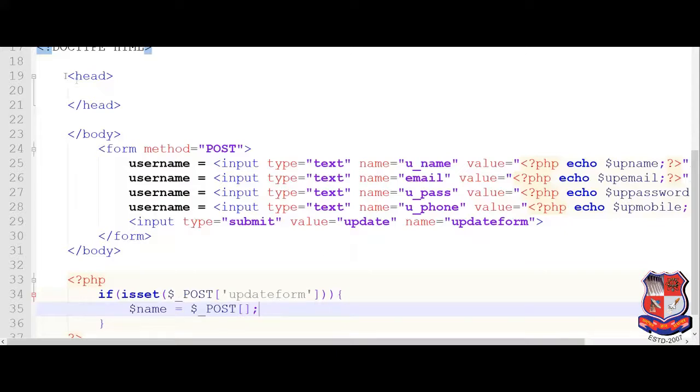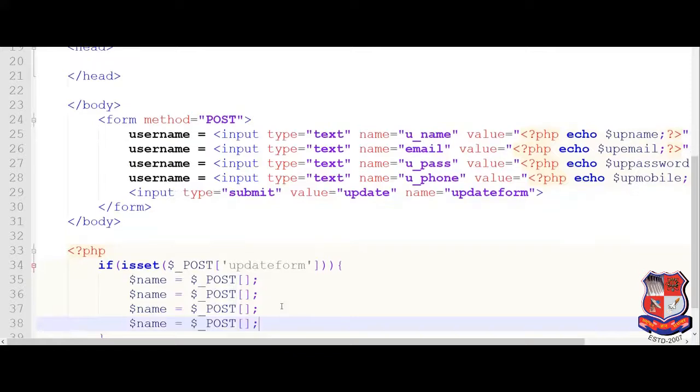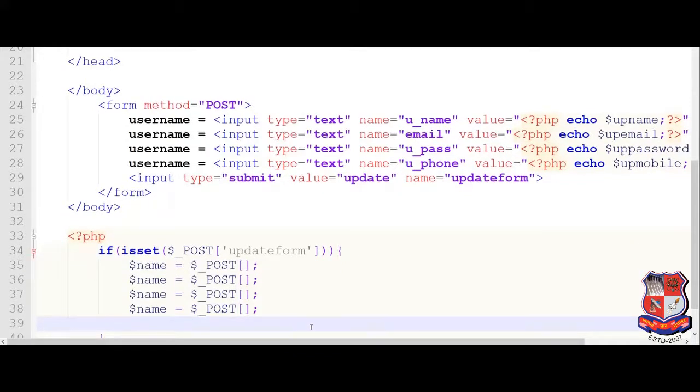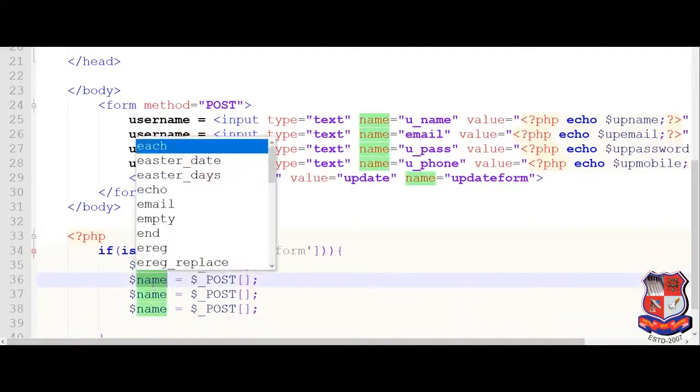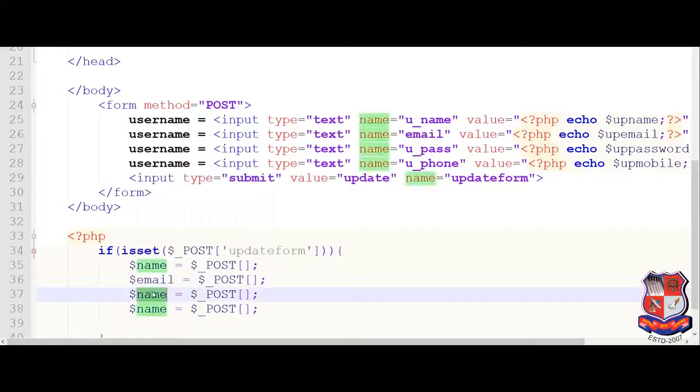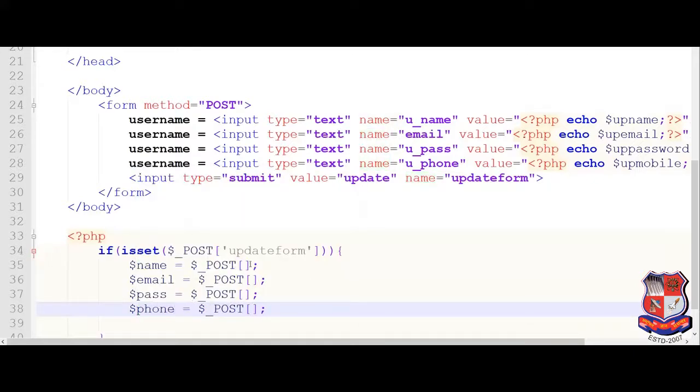Next, we require four variables: name, email, password, and phone.